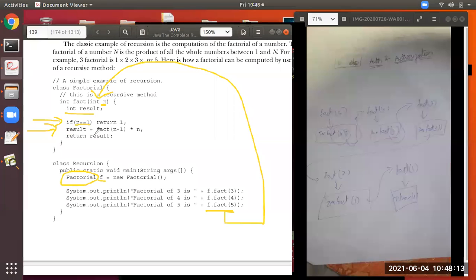Now please observe here, this is the diagram on the paper. Now we are over here. Then what's going to happen after this?